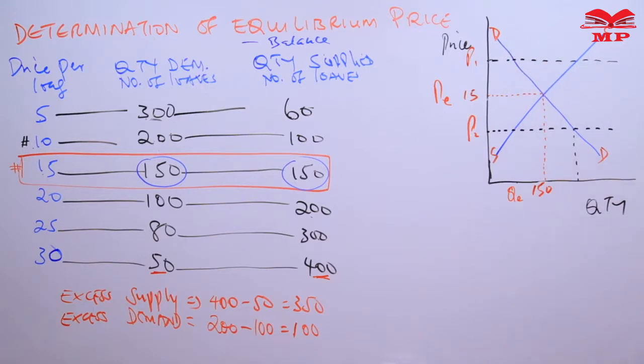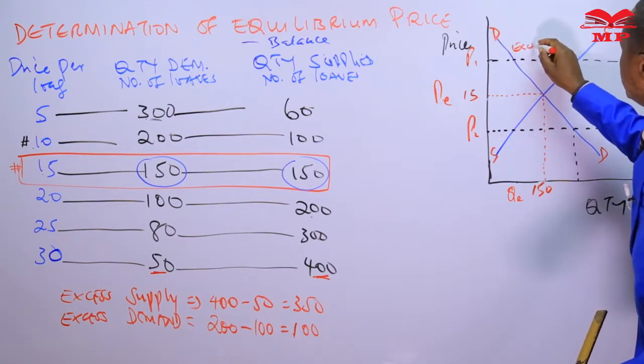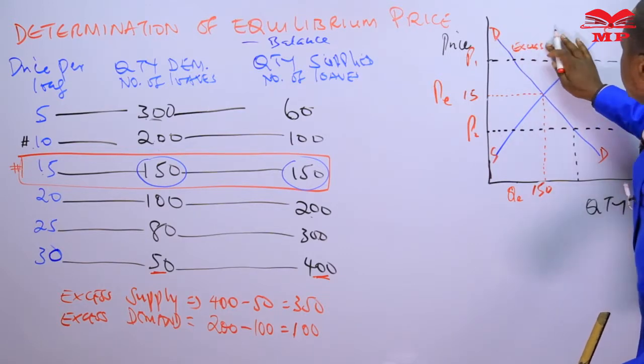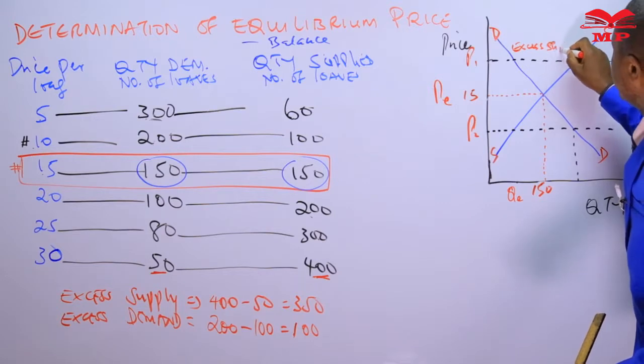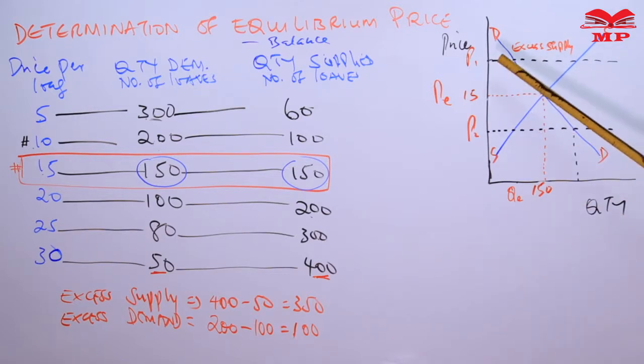Here there is excess supply. We have excess supply when the price is